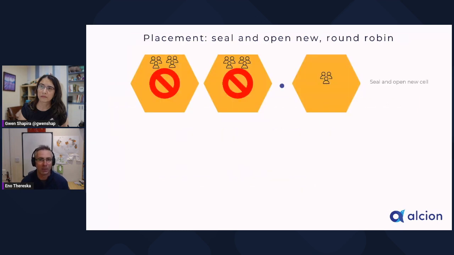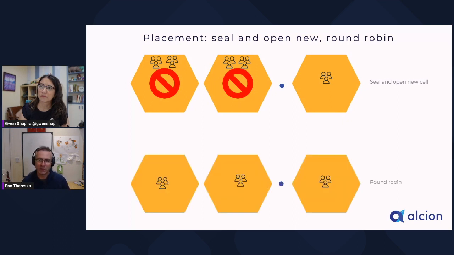Okay. Now, how are we going to open the cells? A little bit about that. There are many ways and hybrids of these ways, but two standard ones are: you open up a cell, you fill it up with customers, you monitor some quota that you might be reaching, and then you say, oh, we're almost there, we're 80% there. You get ready, you open a new cell, and then you seal the old cell. You say, we're not going to accept any more customers there, which sounds bad, but it's not really, because it's free to open up cells, more or less, right?